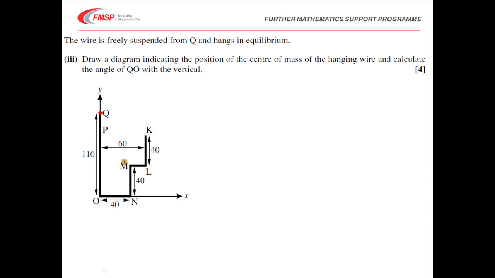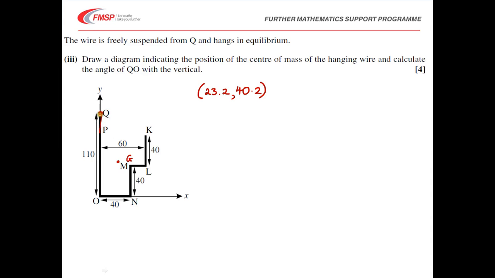Now, personally I find it fiddly to turn the diagram to make it vertical, so here's a little sneaky trick. You know that the centre of mass is located at 23.2, 40.2 from the previous part of the question, so that's going to be, I would suggest, somewhere around about here. I'm going to label that G, and then you can draw in a vertical from Q through G, because you know